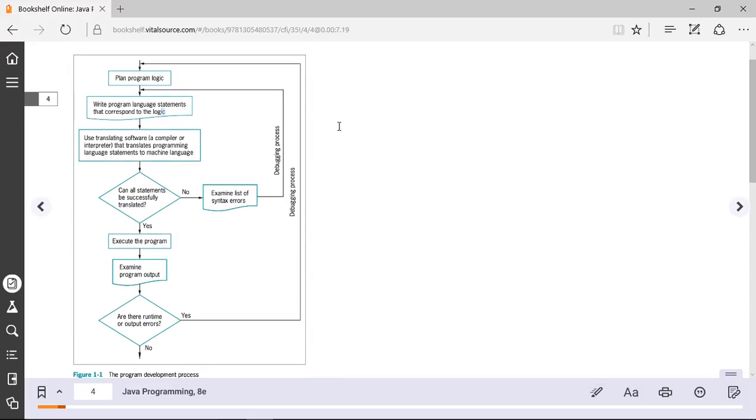Right, so this is similar to what's called a software development life cycle, or SDLC. If you are familiar with this term, then this is the process of writing a program from beginning to end. But this diagram here is a very general purpose diagram that would apply to pretty much all programming